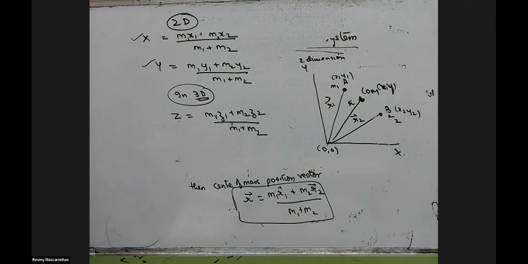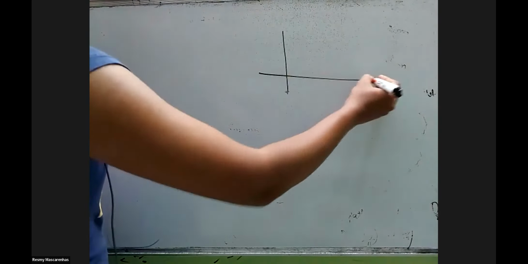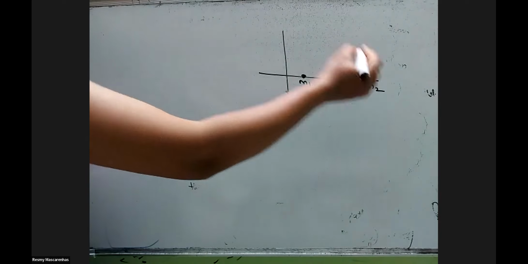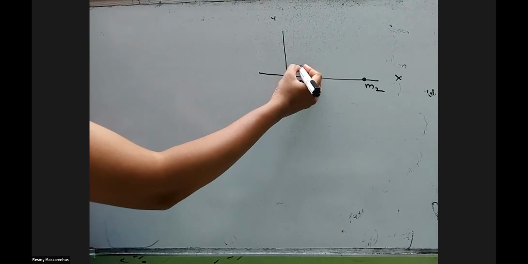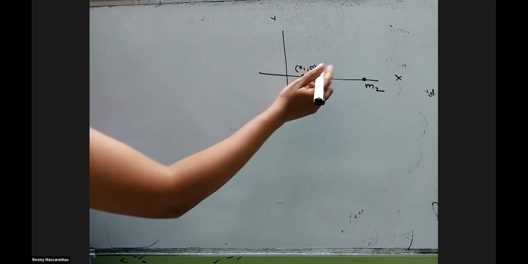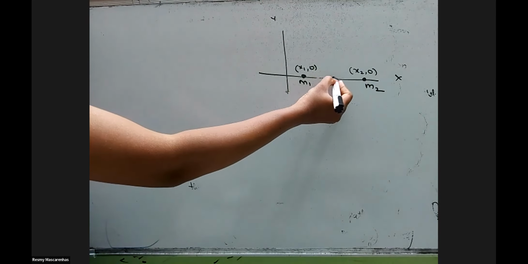Now, if this is along a straight line, if it's along the x-axis only. Okay, so obviously if it's along the x-axis, what will be the coordinates? Maybe x1 comma 0, the y coordinate will be always 0. On the x-axis, the y coordinate is always 0. Then x2 comma 0. Then the center of mass